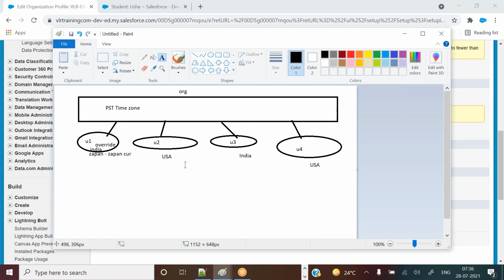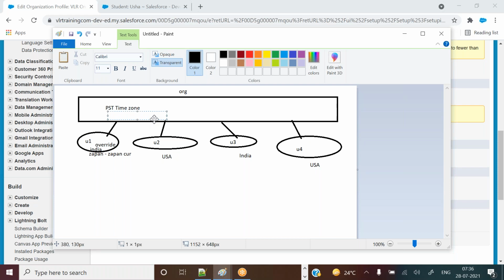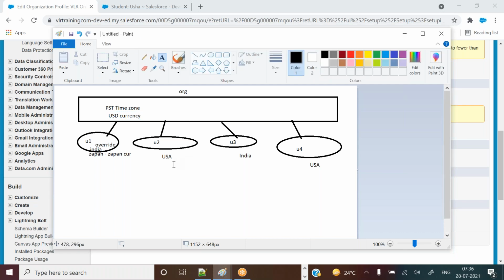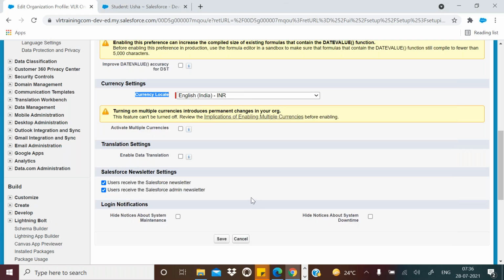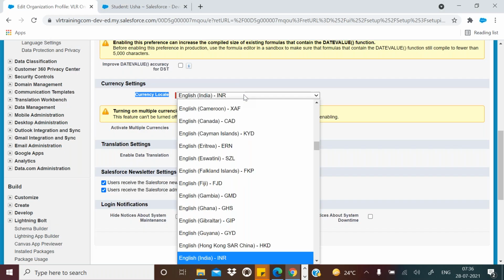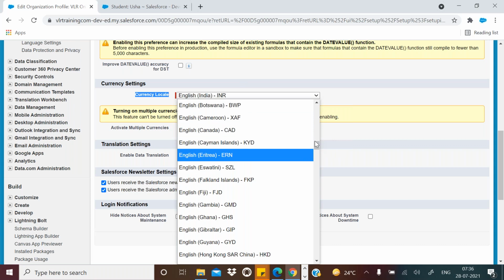If each user logs in, they want to see the money in their own currency only. By default it is USD currency, and they want to see their own currencies. Next, what I need to do is change it to USD first.